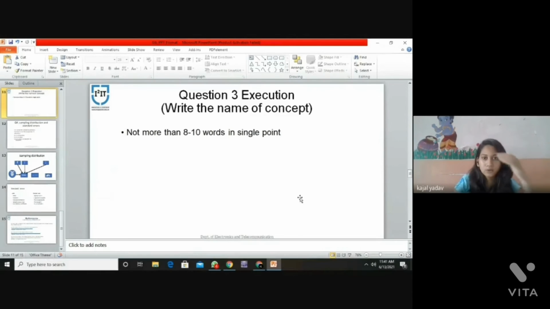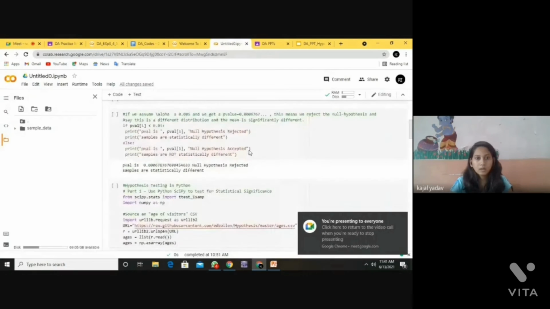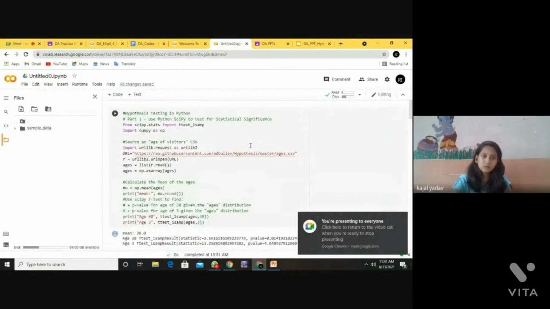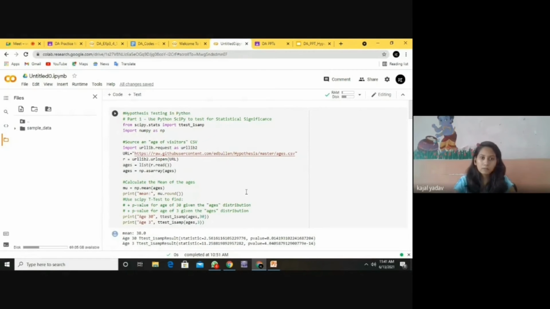Let's move to the execution part of this code. We are using each and every testing method for these executions. First, we are using Python SciPy to test the statistical significance, here testing the age of visitors.